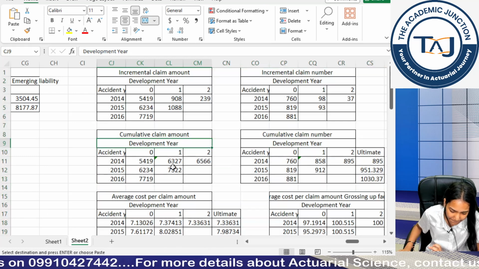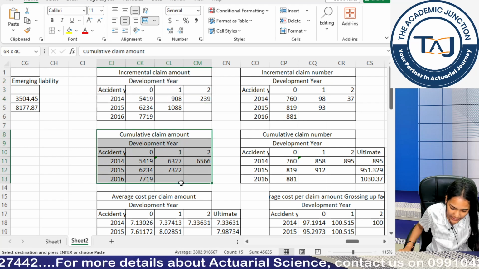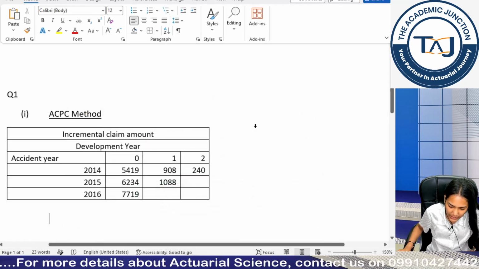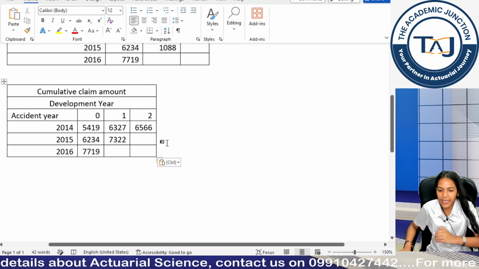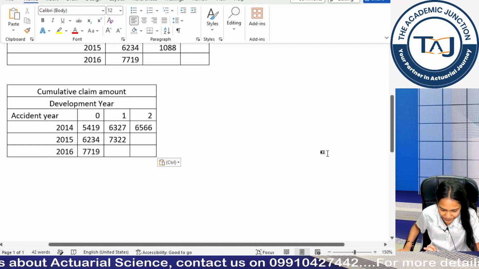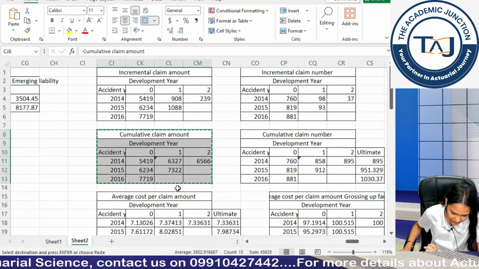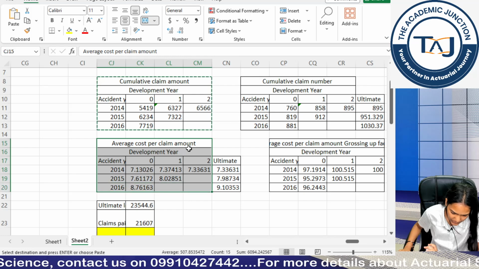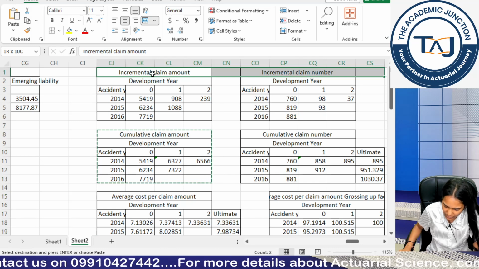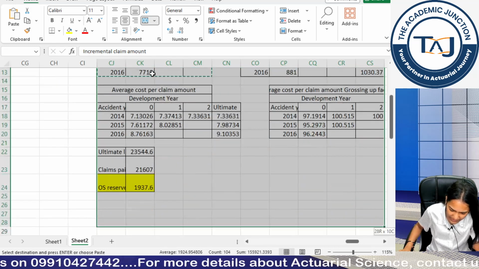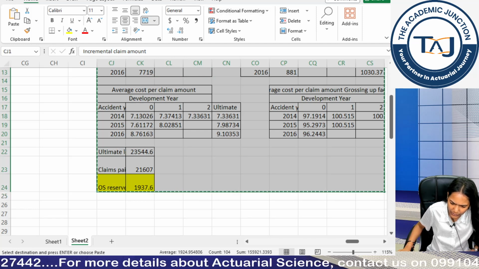I can simply copy this, which I have already done, and paste it. Similarly, you can paste the rest of the tables, so let me paste the rest as well. Or you could just copy paste everything, and then we can easily explain the steps in the next part. So Control C I have done.